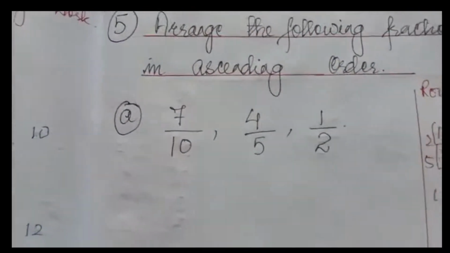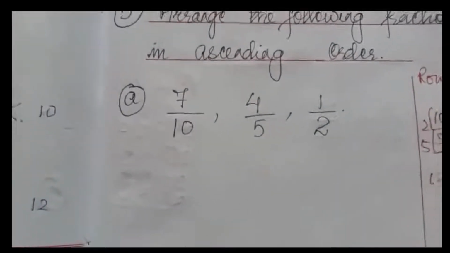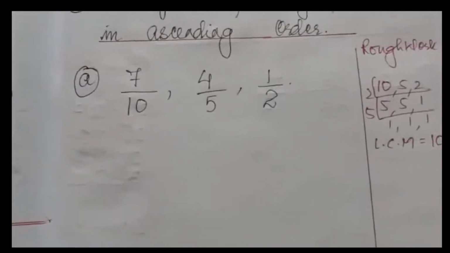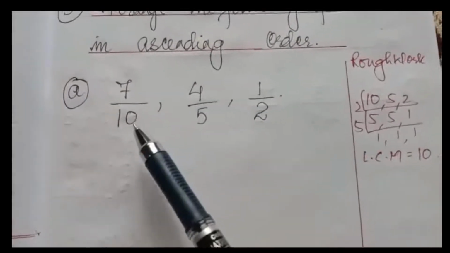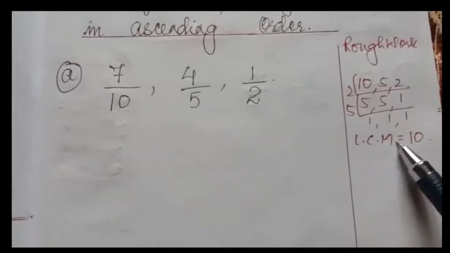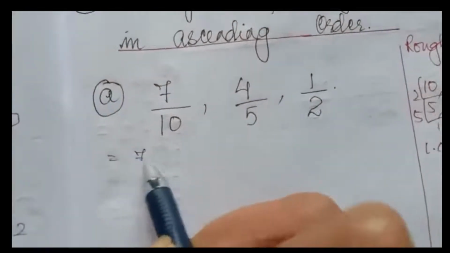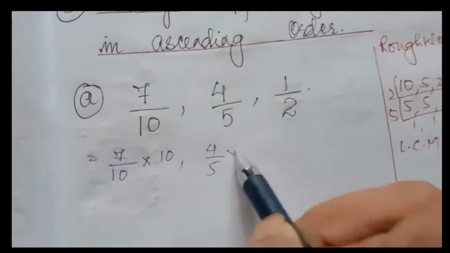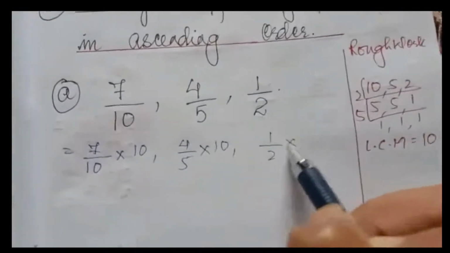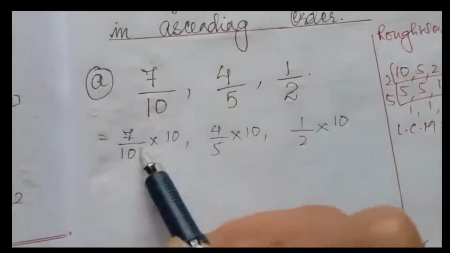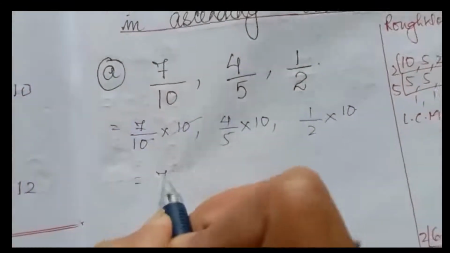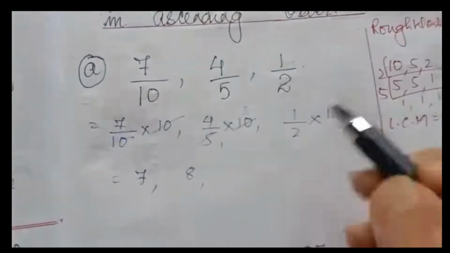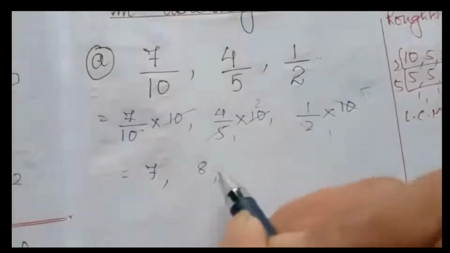Here we have fractions which have different denominators. When they have different denominators, it is very difficult to compare, right? So for that, we will find LCM of 10, 5 and 2, which is 10. So here we will multiply each fraction by 10. It will be easy. After that you can easily compare. Next we will cancel. 10 and 10 cancel. This is only 7. 5 1s are 5. 5 2s are 10. 4 2s are 8. 2 1s are 2. 2 5s are 10.